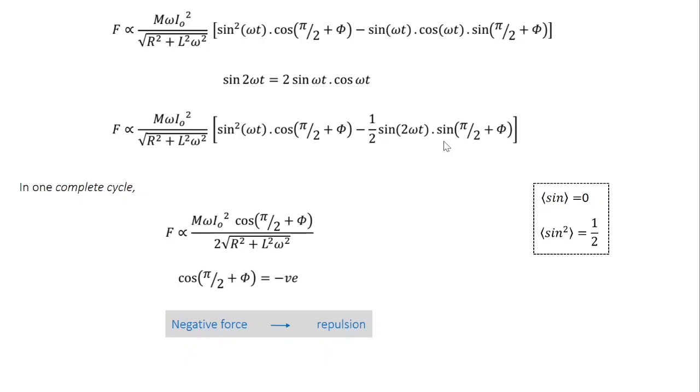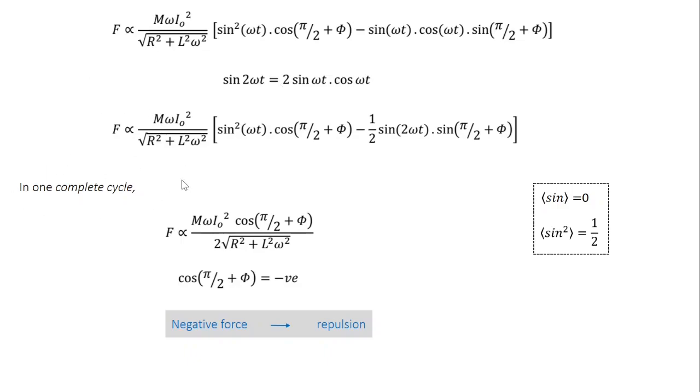Since we are talking about alternating currents here, whenever you make a measurement, it's difficult to measure the instantaneous values of the current because it changes so rapidly. So what do we do? Take one complete cycle, that is from 0 to 2 pi, then calculate the average value of the force or current here. So let's find out what is the average value of the force in one complete cycle.